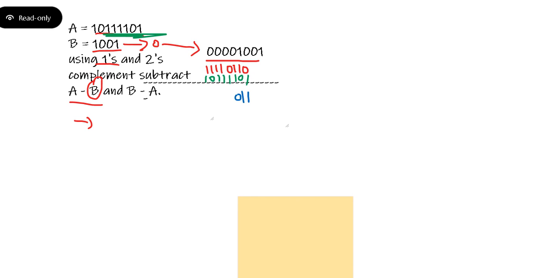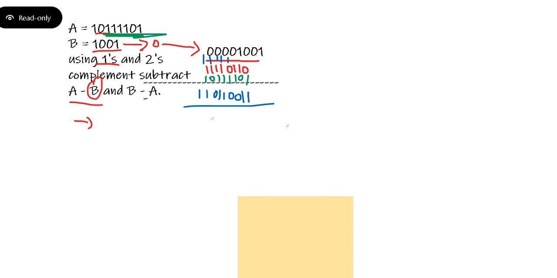I'll go here 1, then 1 plus 1 is 2, 0, 1, 1 plus 1 is 3, 1, 1, then again 1, then again 1 here, again 1 plus 1 is 3, 1, 1, then again 1, again 1 here, 1 plus 1 is 2, and 0, then again 1. Now see, 1 plus 1 is 3, that is 1, 1.